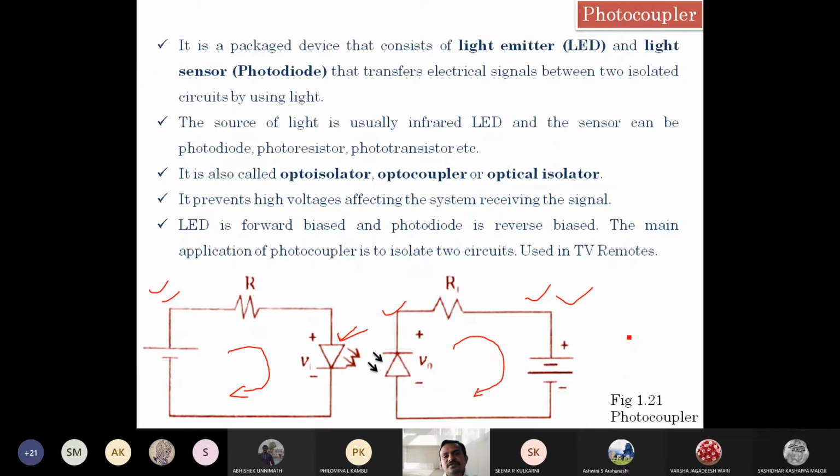Not only this one, in the electronic circuits, in motherboards, whatever signal we need to transfer from one end to another end, the transmitting media is most often designed using a photocoupler. Instead of using wire, we use this photocoupler because there is fast movement. Okay, because we know the speed of light. The speed of light we are going to utilize in all these photocouplers. The speed at which a signal travels through a wire is different from that of a signal traveling in light.